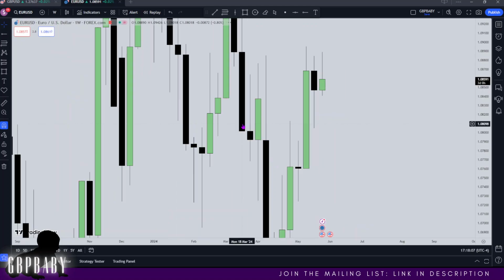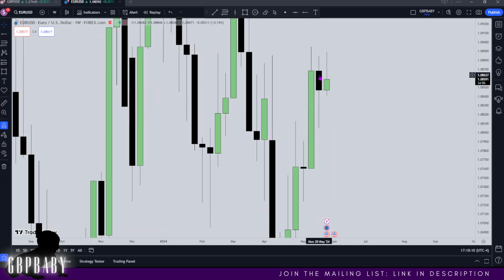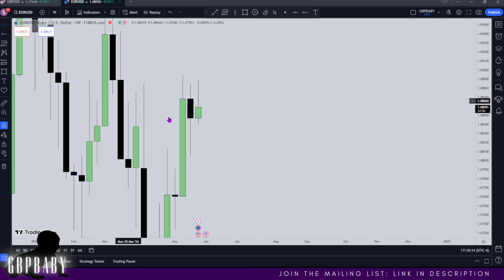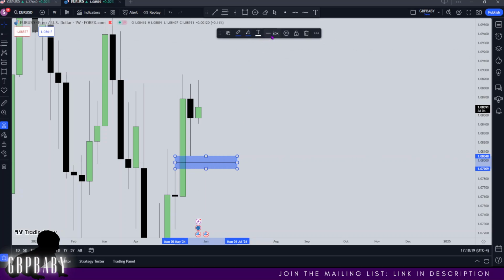But yeah, anyway, here's the weekly. So we came up, took out Monday's high. So now we need to look out for some kind of discount PD array to trade to. So I see two PD arrays here. We have this fair value gap all the way down here. Now I do know that